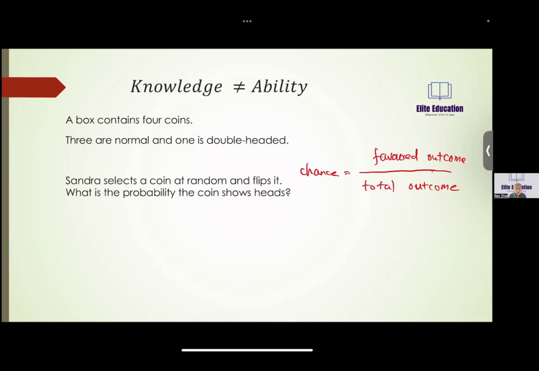For this question, when I taught it in class, the students' feedback wasn't very good. Why? Many students thought, if I take 1 out and it's a normal one, the probability should be 1 in 2. For another normal one, the probability is still 1 in 2. As for the double-headed one, if you take it out, the probability is definitely 1. So students thought, I should add them up. But when they did, they found the sum was more than 1, which can't be right. So they thought there was something wrong with the question.